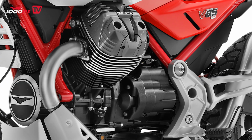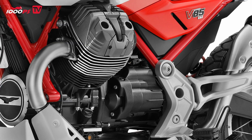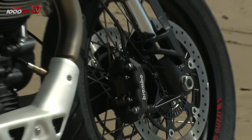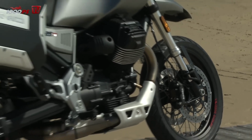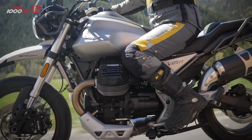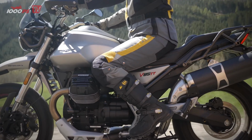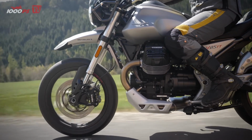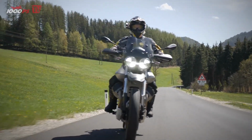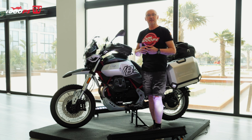It starts with the engine, which now features variable valve timing and has 80 horsepower again. I say again because back in the beginning in 2019, it also produced 80 horsepower. The 853cc 90 degrees V-twin with the various emission regulations became weaker and weaker, so much so that it eventually produced only 76 horsepower. Now we have 80 horsepower again, available at 7,750 RPM, and 83 Newton meters, already available